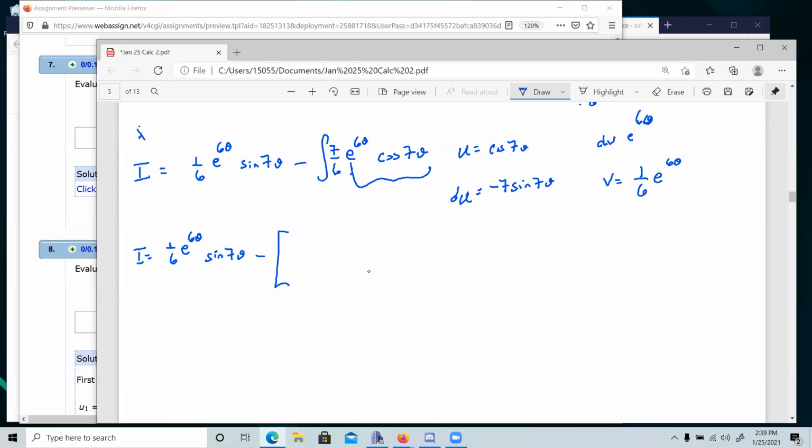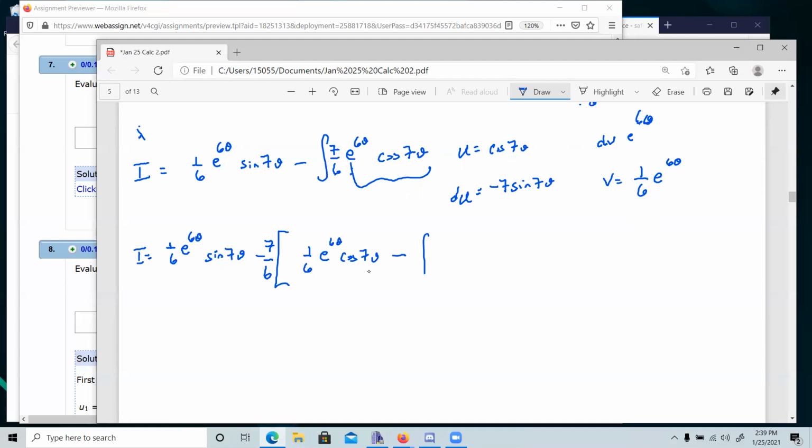Let's put the 7/6 out here somewhere; we'll have to remember it's there. So this is going to be 1/6 e to the 6 theta cosine 7 theta, minus the integral of